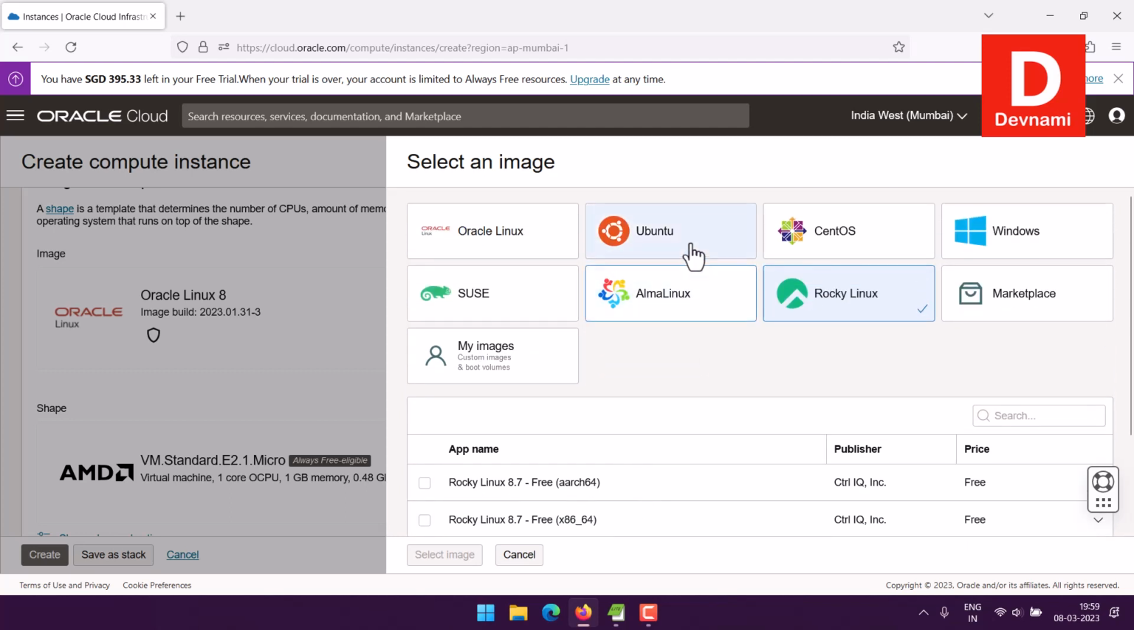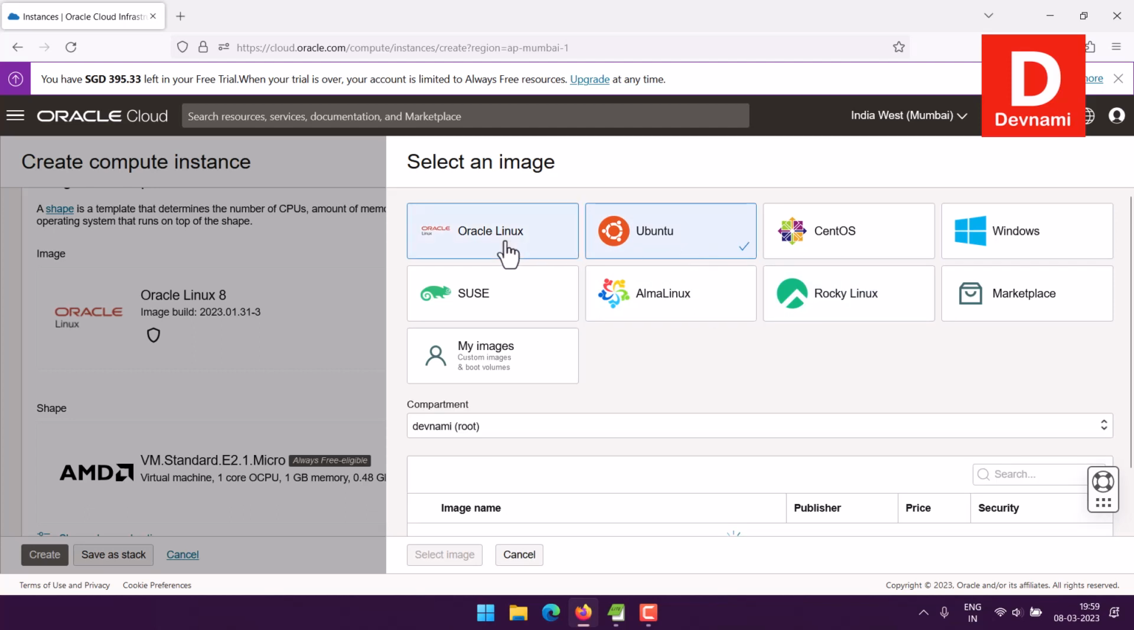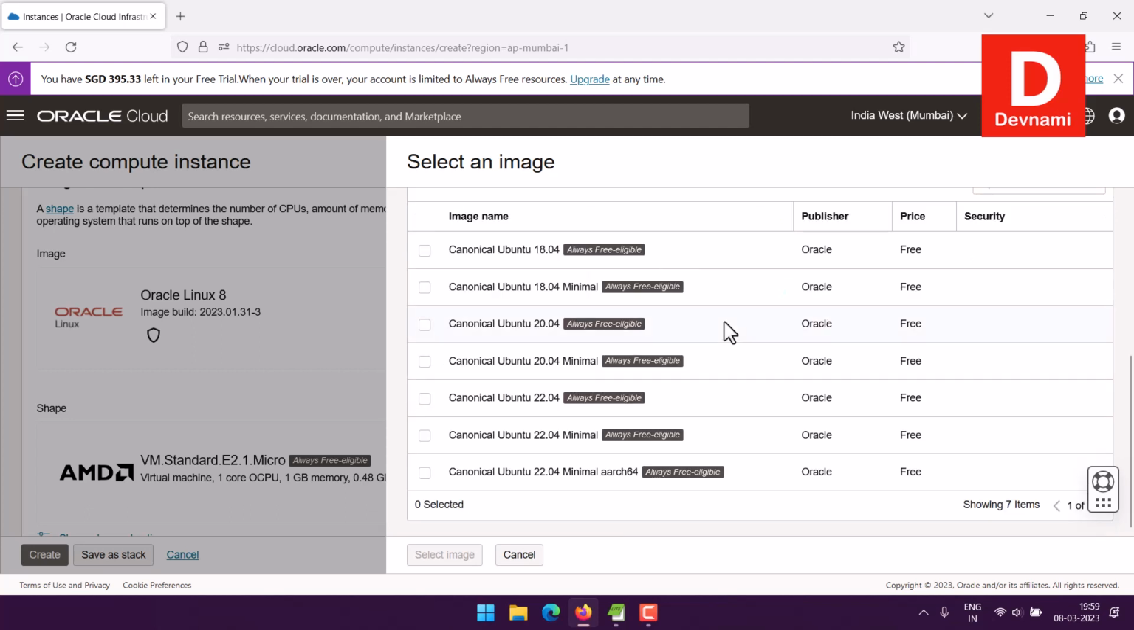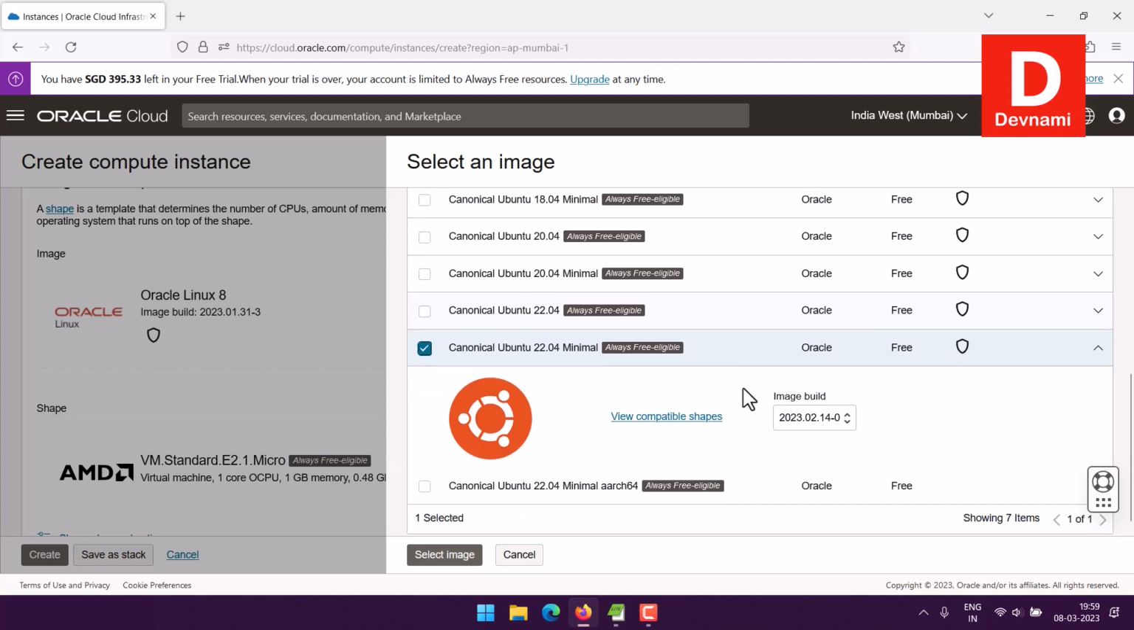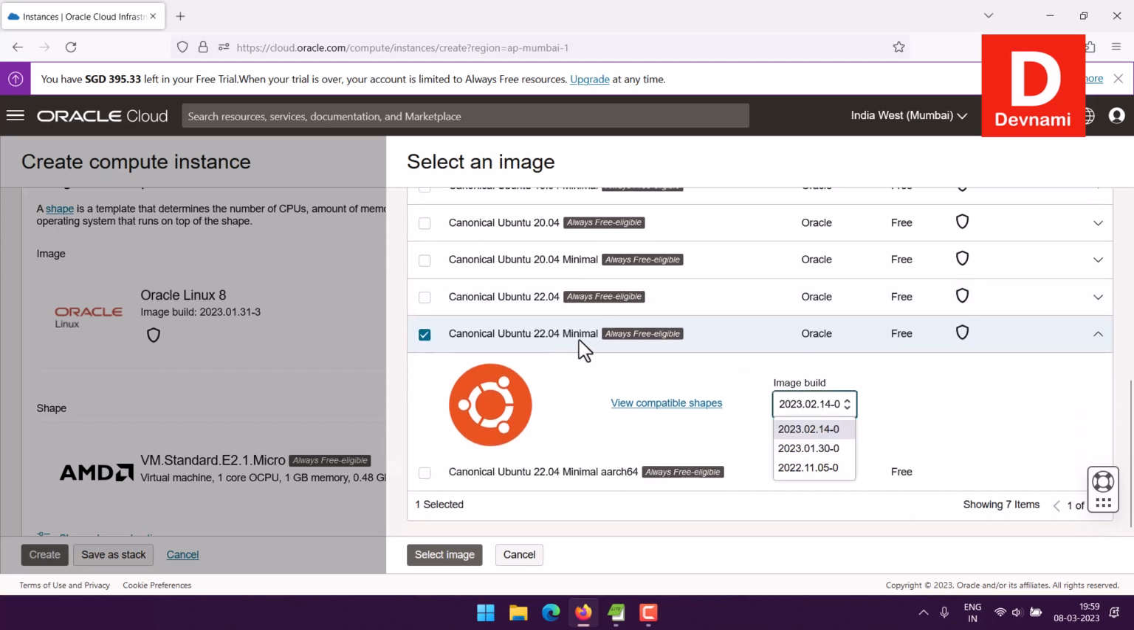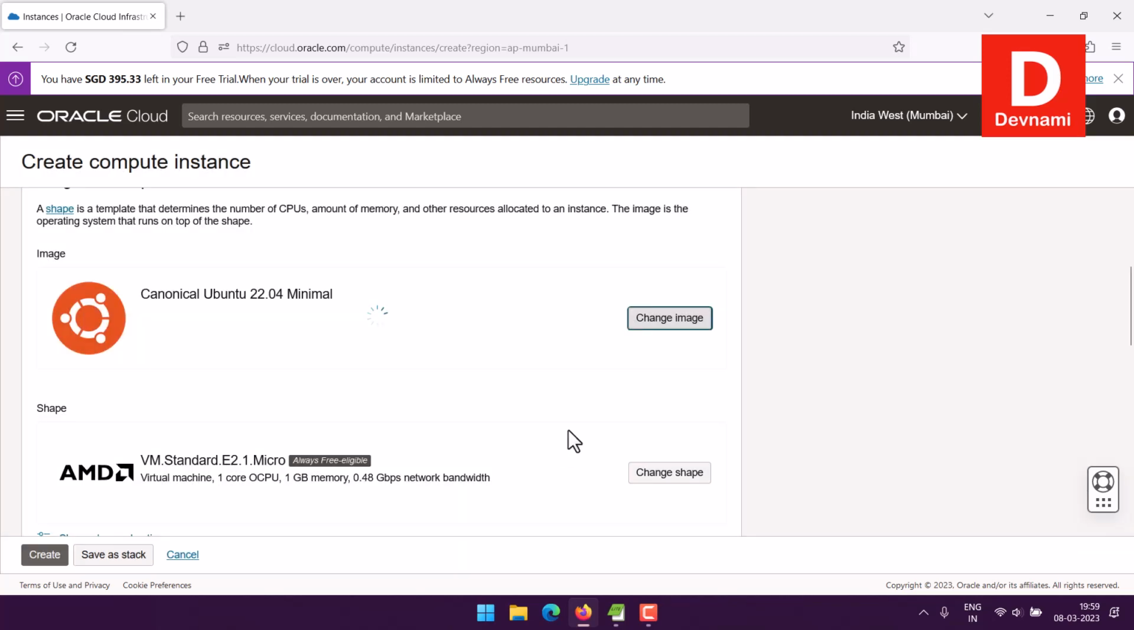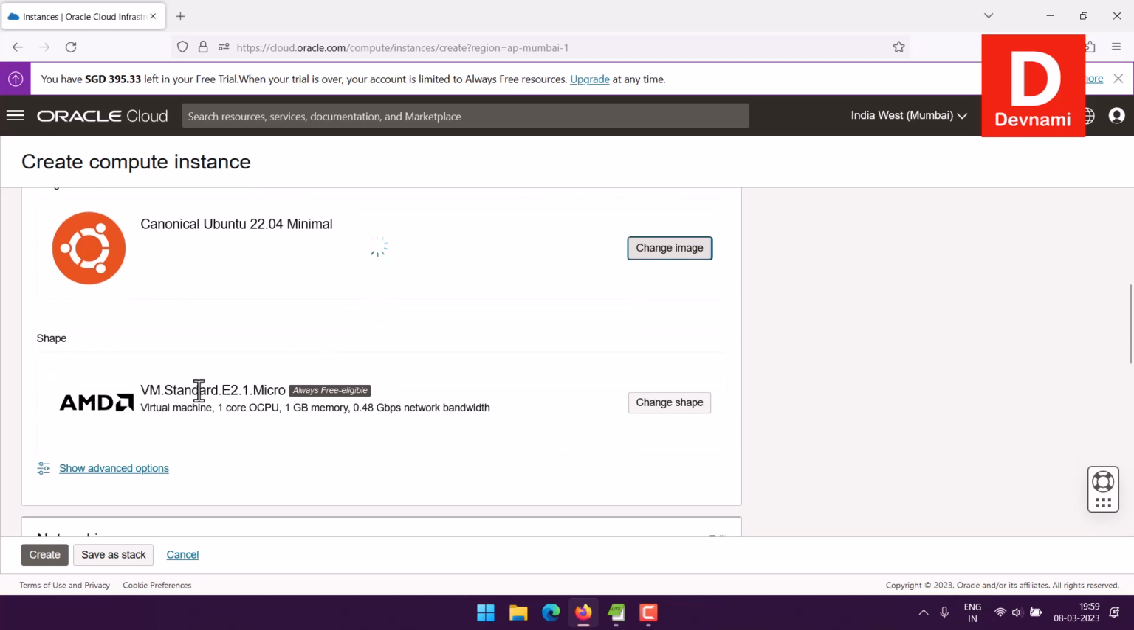Then comes Ubuntu. So we have the option to choose from Oracle Linux and Ubuntu. All of the Ubuntu resources should be free, right? So here you have a minimal option, right, which is available for free. So I will pick that one, and also I picked 22.04 with the February image. I will select that, and here let me also show you the AMD instance with standard E2.1 micro, 1 CPU, 1